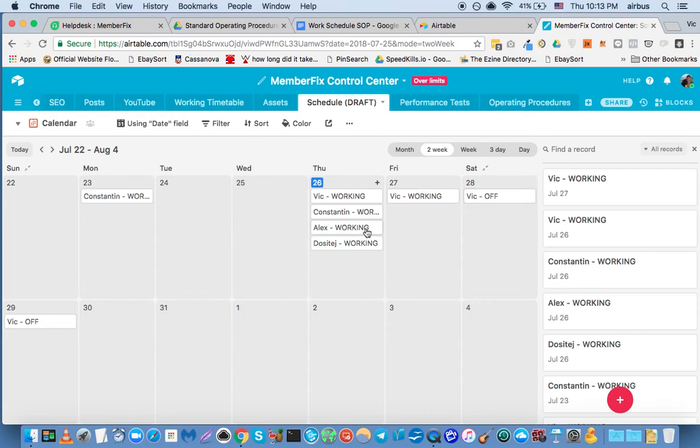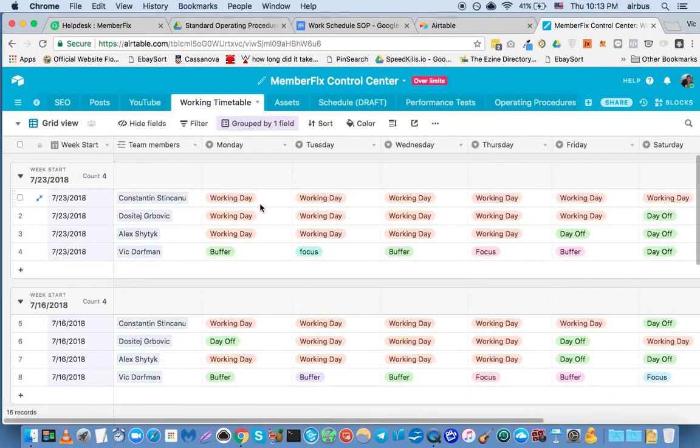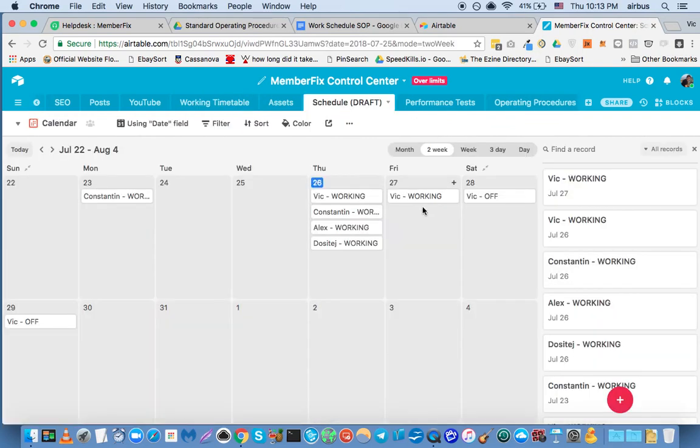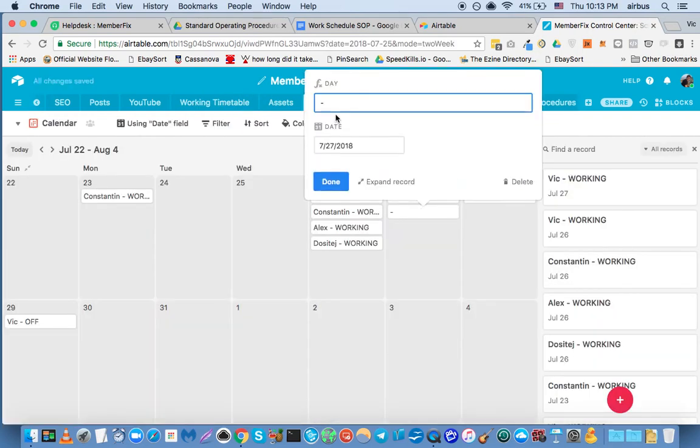Now, the way that we're going to add records, the way that you indicate your days is you just go into a day, like for example tomorrow, and actually you guys already added your days, so let's just use a real example. So working timetable tomorrow is Friday, the 27th. Cool, so Kosti is working, Dosite is working, Alex is off, I'm doing a buffer day, which means I'm working. Okay, so we're going to create a new record. Now again, the primary field here is a formula, so we can't directly edit it. You have to expand the field,